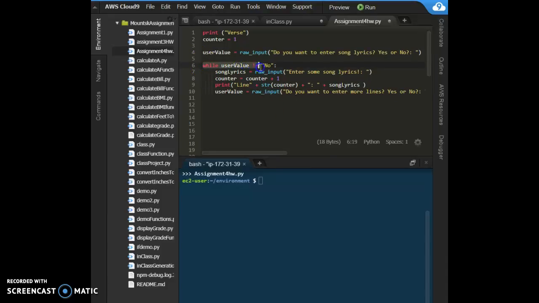So while our user value, so the raw input above, as long as it does not equal no, they're able to keep inputting song lyrics. So song lyrics clause, so they'll have them enter some song lyrics. So every time they do this and hit enter, the counter goes up by 1. And then that also causes us to print